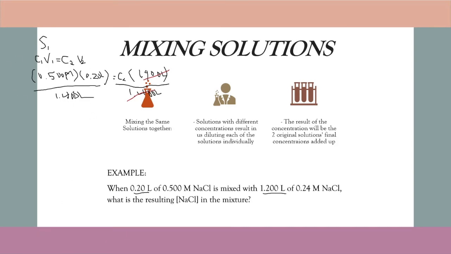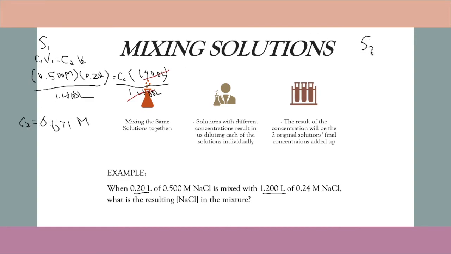0.500 times 0.20 gives us 0.1, and then if we divide this by 1.400, it gives us approximately 0.071. So this is our first molarity. This is for our S1, and then our